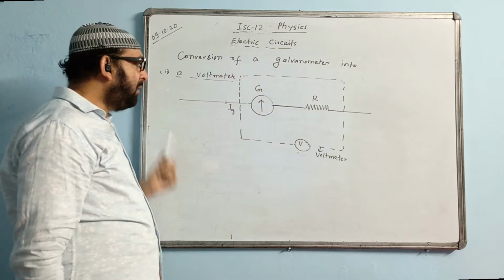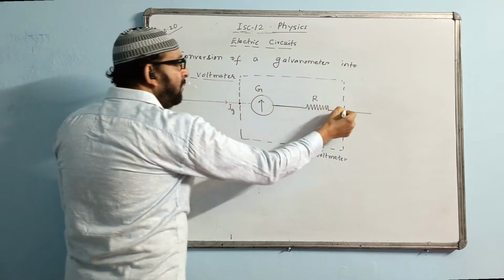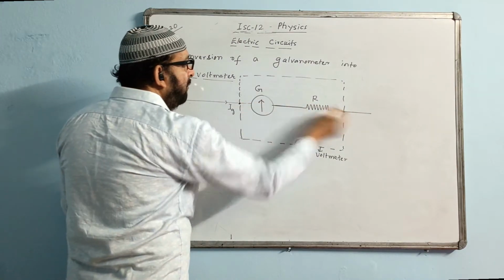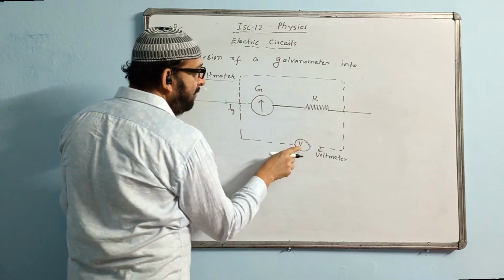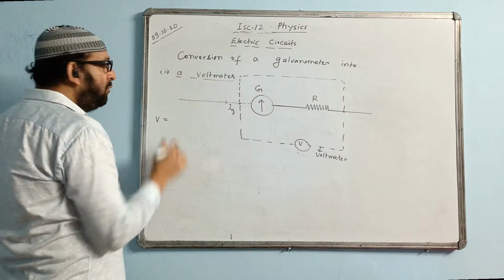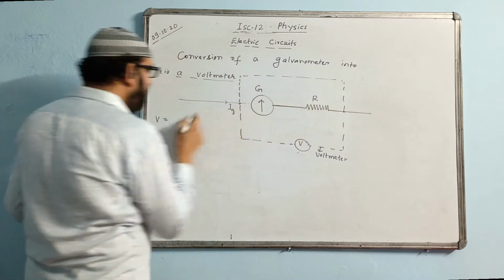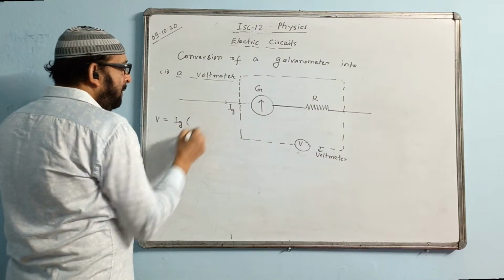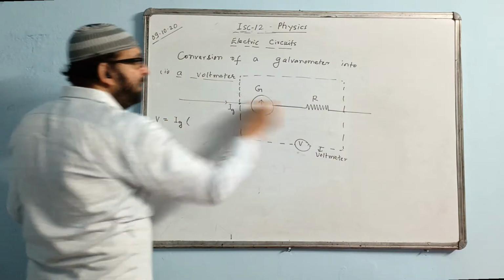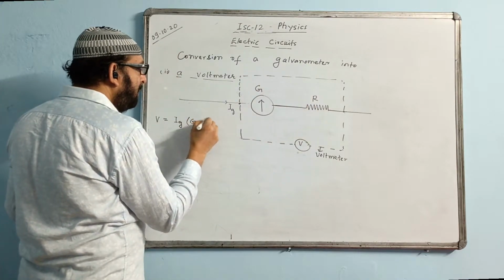Let us write the equation here. What equation can we write? From this end to this end the voltage will be the same, equal to V. We write here V is equal to IR. What is the current flowing through both of them? In series the same current will flow, that is IG, into the resistance from this end to this end. Series, this plus this add, so you get G plus R.